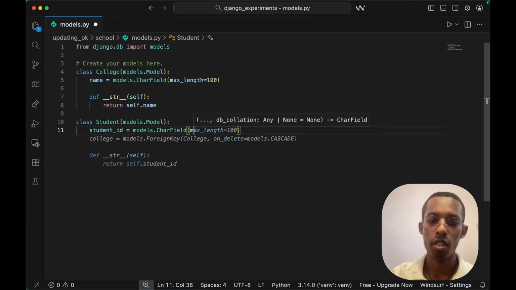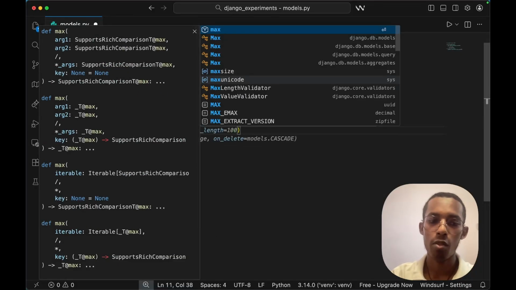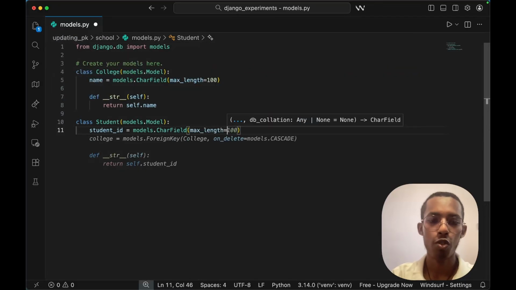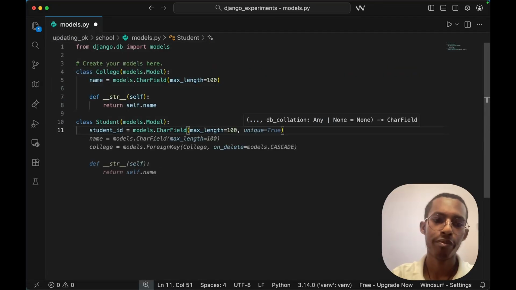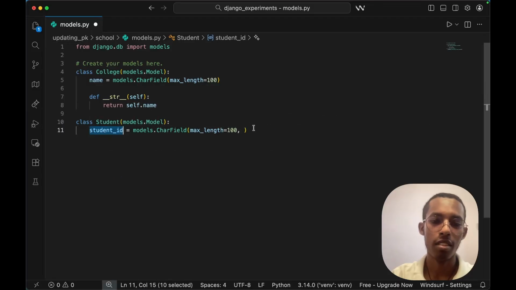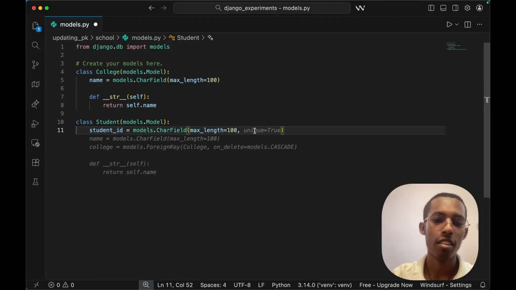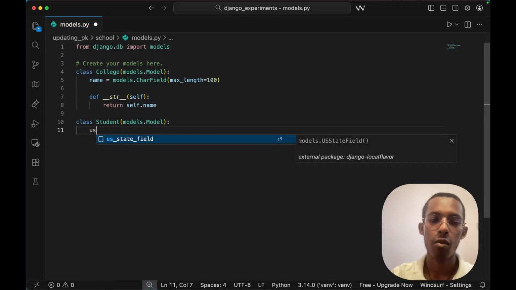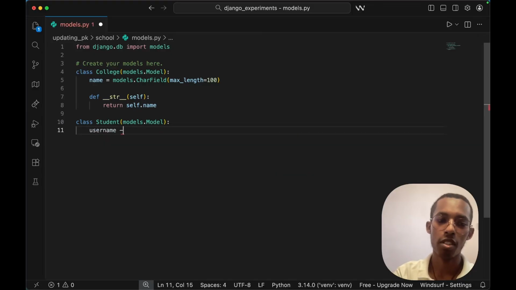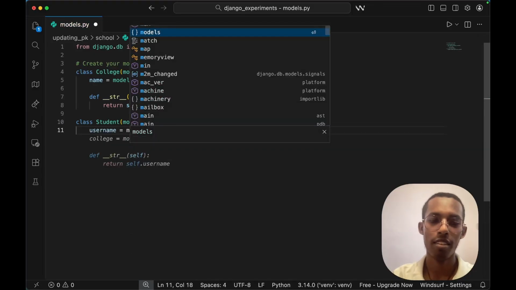So that would be what I'm trying to say. If this was a user on a social media, it would be something like username. So I don't actually think anyone would want to change their student ID. Let's just say a username. Say we have a school where the students have usernames. Okay,